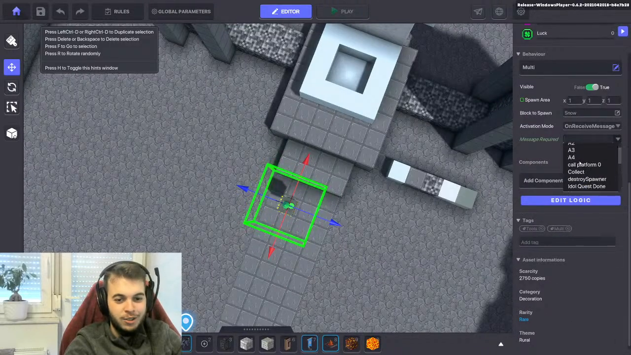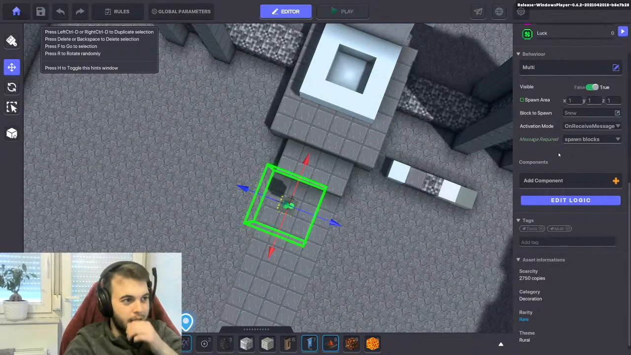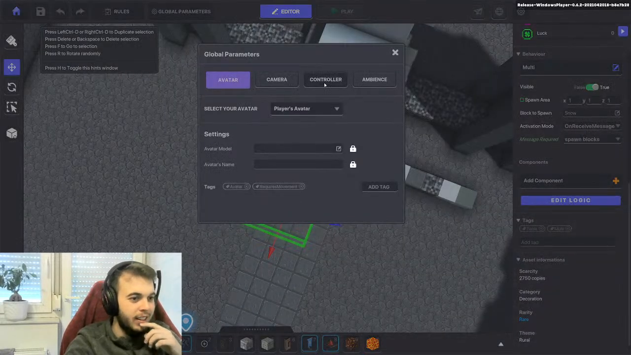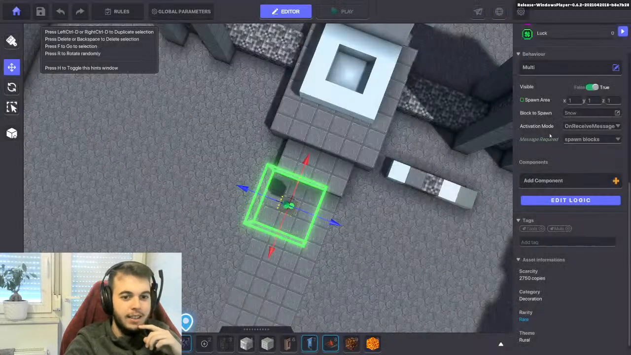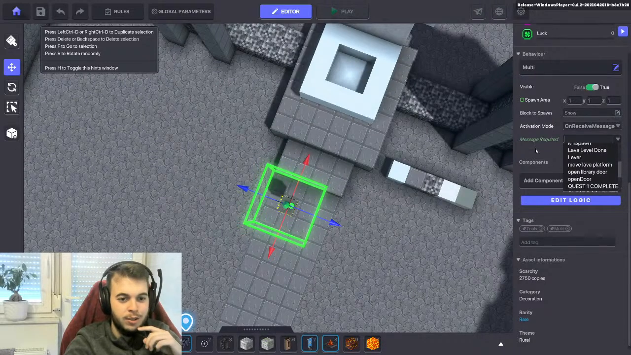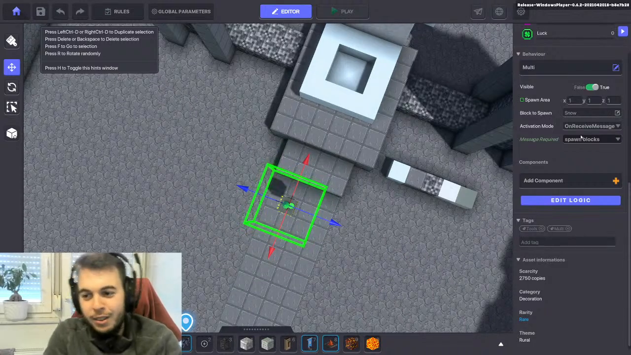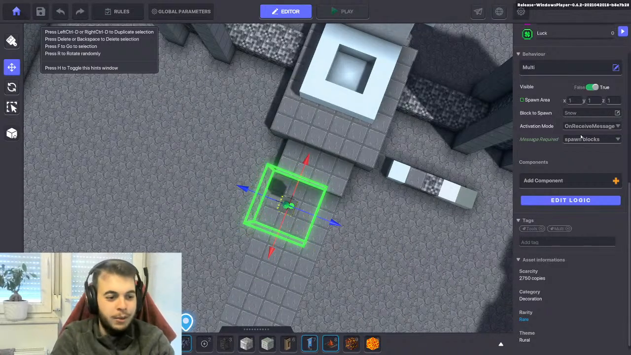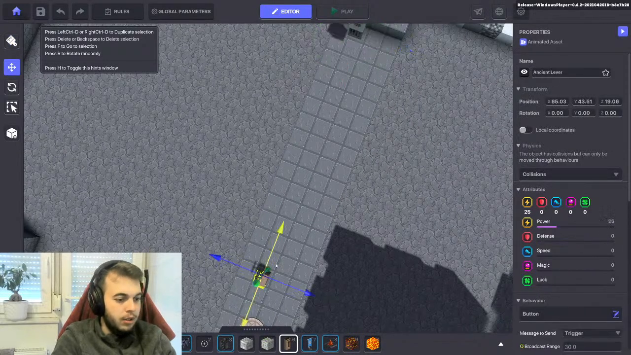So let's change this to some other, let's use spawn blocks. Let's add the message. And I am not too sure if there is like some list where you can edit all of these messages, because I mean there's quite a lot of them and I don't really think we're using all of them, so it would be kind of neat if you could manage that a little bit better. So this is waiting for spawn blocks, and now we can add like this little lever that is gonna work as a